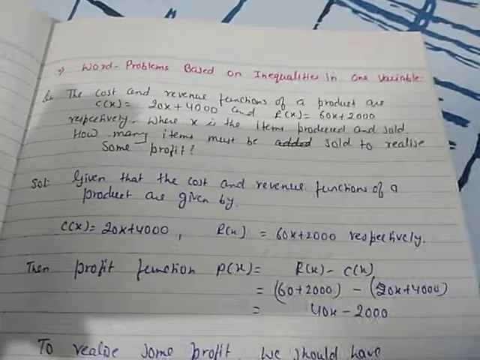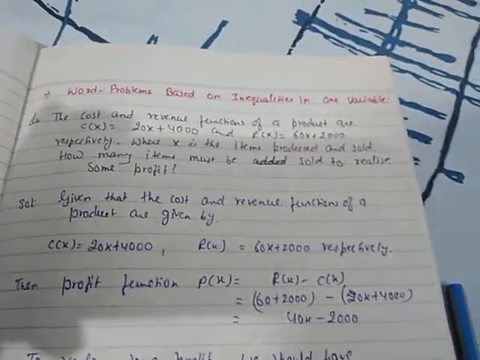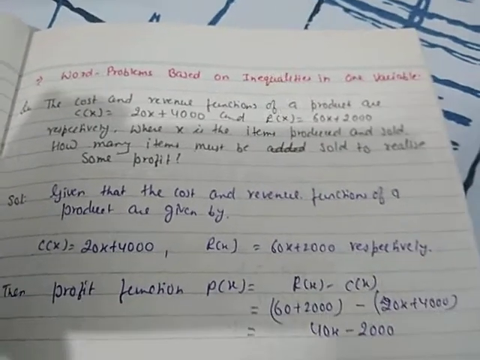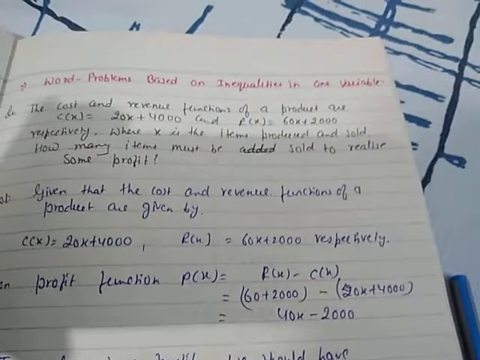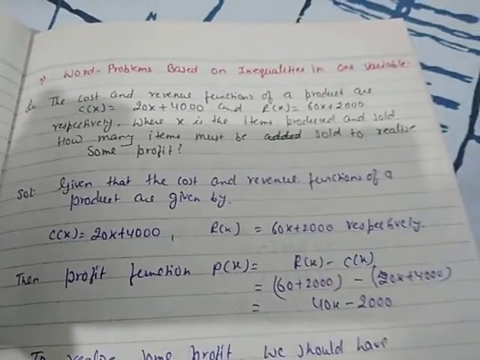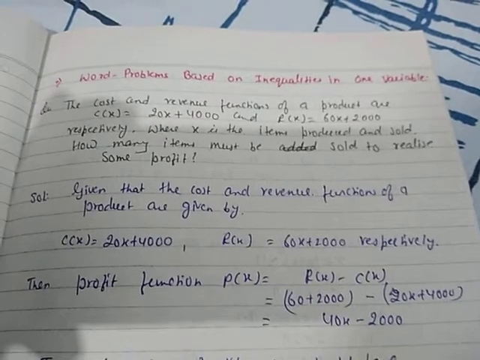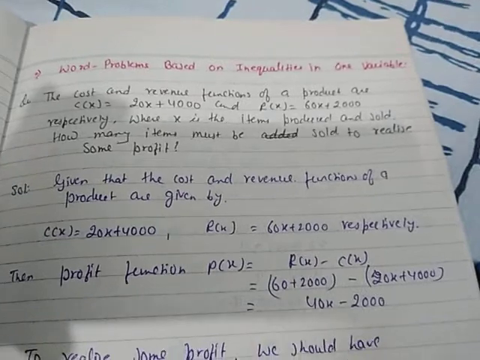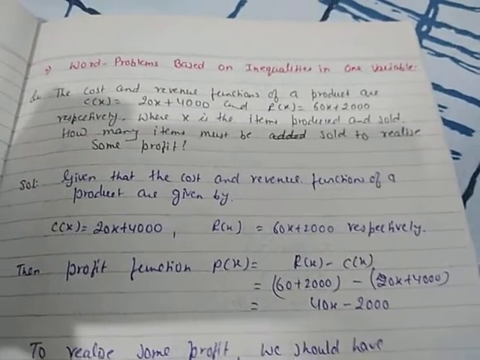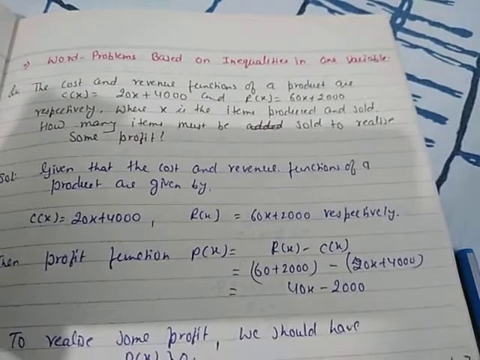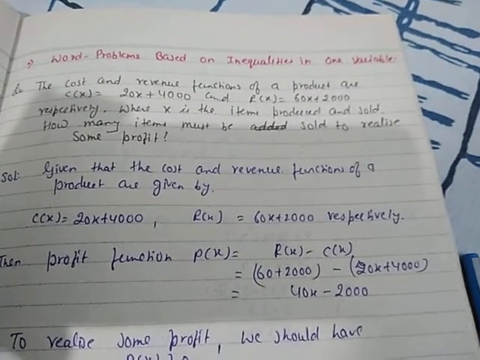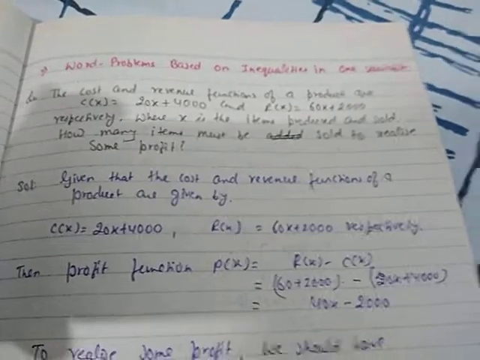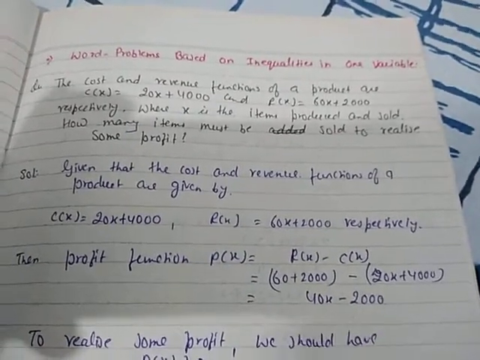Hello children. In this video, I am going to explain word problems based on inequalities in one variable. Children, in exercise 6.1, you have done single inequalities, solution of single inequalities, and in miscellaneous question number 1 to 10, double inequalities. Now, word problems are there in exercise 6.1, question number 21 to 26, and here I am going to explain some questions of that exercise.